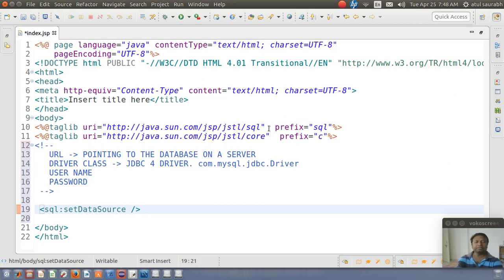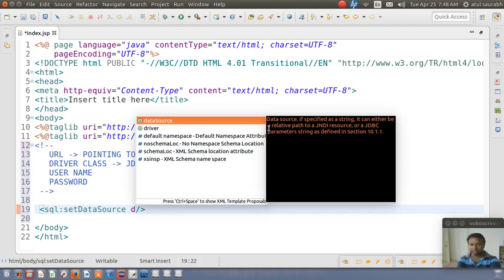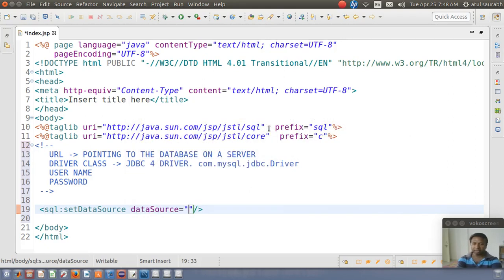And if it is successfully connected with the database, then the connection object will be returned by this tag. So let's start. First information this database source requires, set data source tag actually requires is the